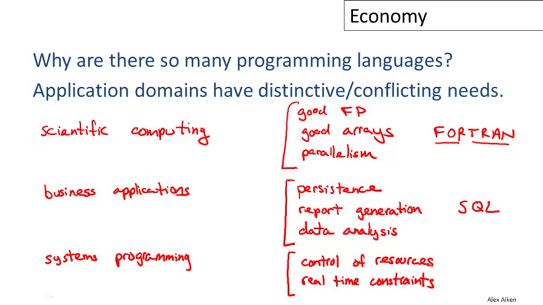And probably today, still the most widely used systems programming language or family of systems programming languages is the C and to some extent C++ family of languages. And as you can see, the requirements in these different domains are just completely different from each other. What's important in one domain is not the same as in another domain, and it's easy, I think, to imagine at least that it would be difficult to integrate all of these into one system that would do a good job on all of these things.